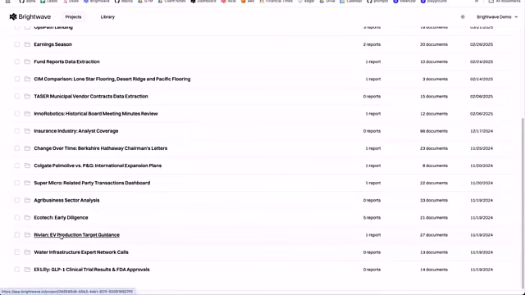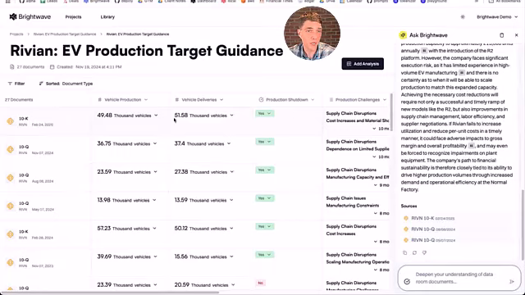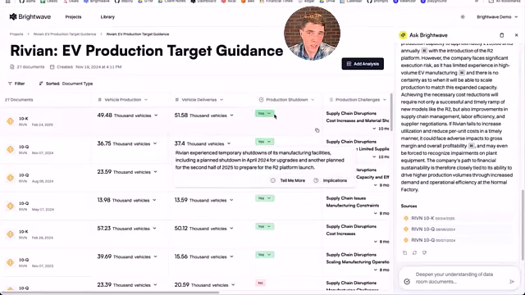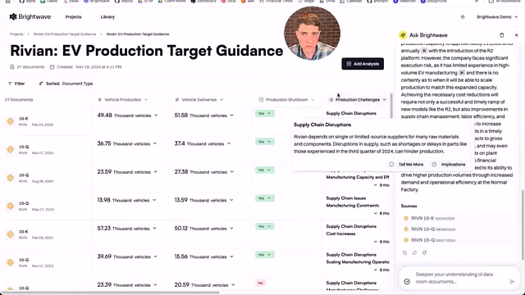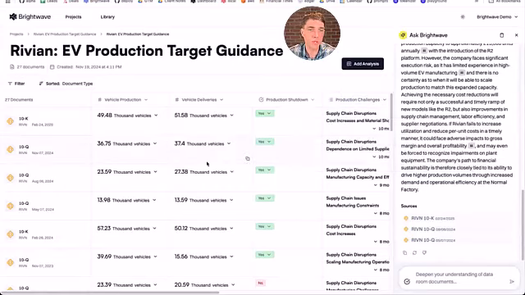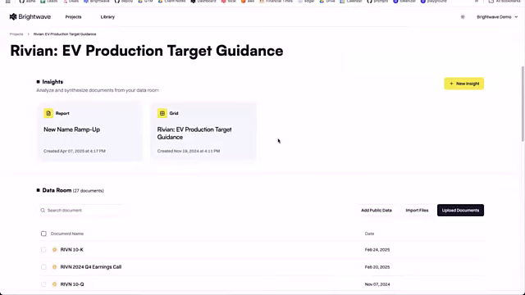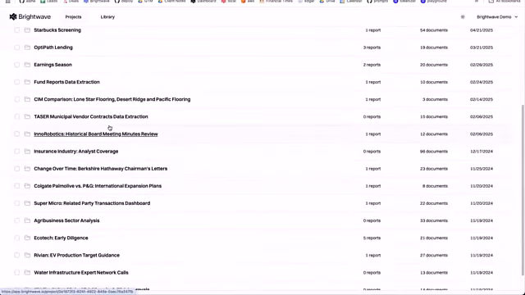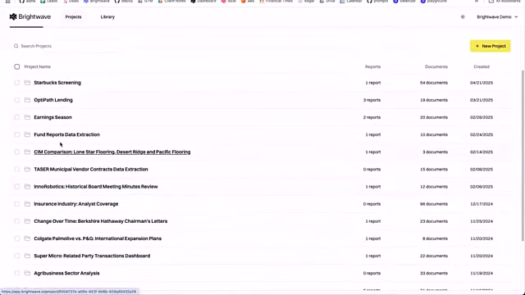Similarly, I might look at a company like Rivian, and I would say, well, to help me understand, are they meeting their production targets? What is leading to an inability to meet production targets? And I can click in and say, well, it turns out it's supply chain disruptions. They're shutting down the factory line, and really, at a glance, have a very focused view on a single name or set of names.